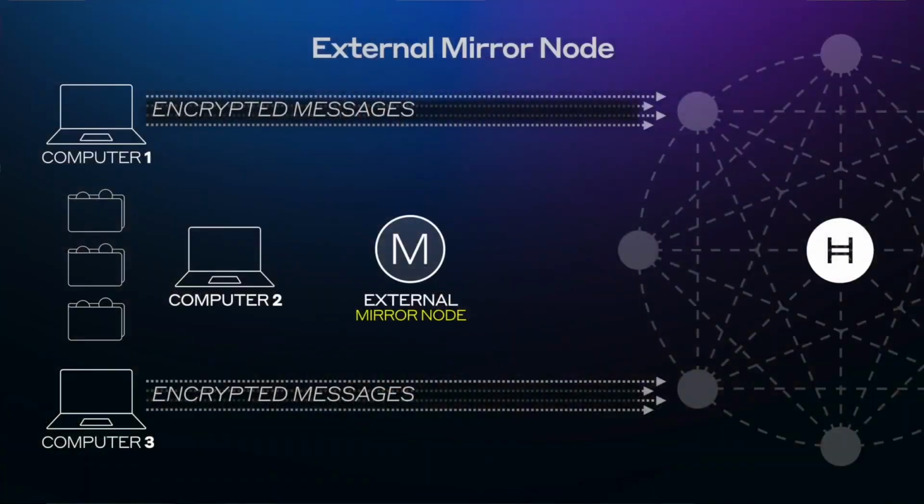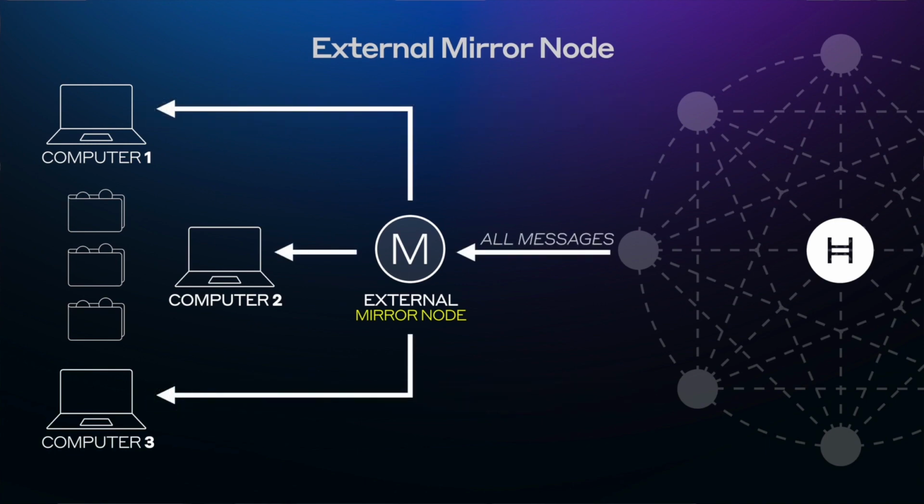So you could go to a mirror node service. Everybody sends their encrypted messages to Hedera, and they all then come back to the mirror node. And then the mirror node streams it out to everybody that is subscribing to it. You can do a pub-sub model. You publish to all the people who subscribe to you. And it'll only send you the messages that you're interested in, like only the ones relevant to this AppNet, only the ones on one topic. They're divided up by topics, so an AppNet has a topic.